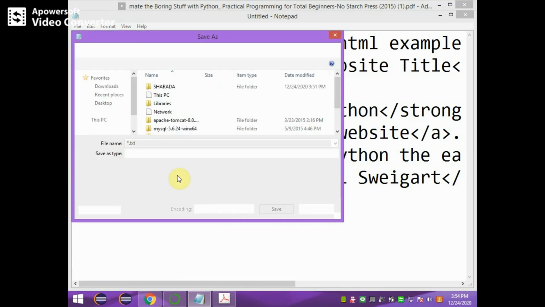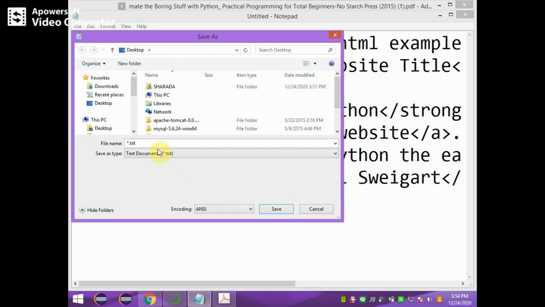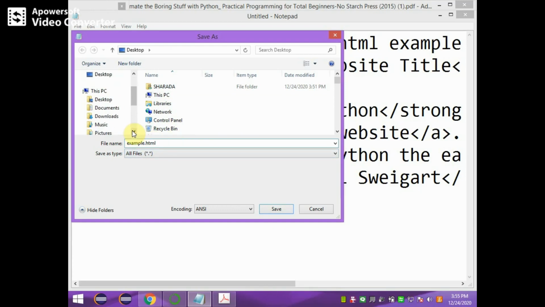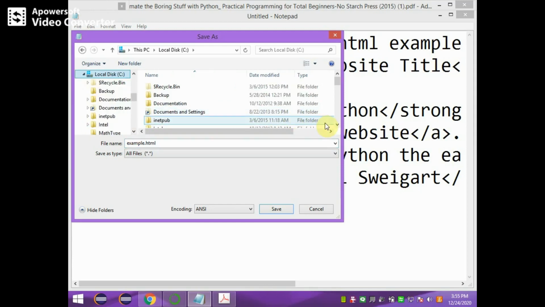Give the file name as example.html, and then save it in the present working folder. Present working folder means where the code of this Python or Jupyter Notebook is available.